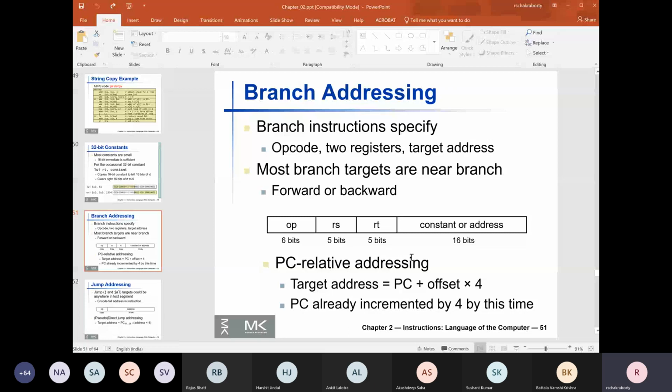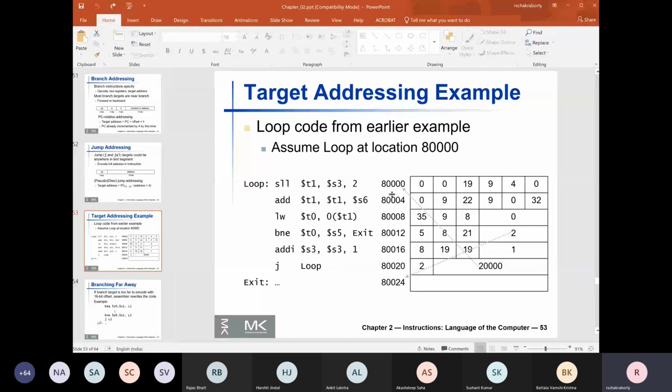It's an observation that since the instructions are... Okay, so the example is this. This is a valid instruction address encoding. One instruction can be, in decimal notation addresses, 80,000, then 80,004, 80,008, 80,012, 80,016. This is guaranteed because of the regularity of length of MIPS 32 instructions.